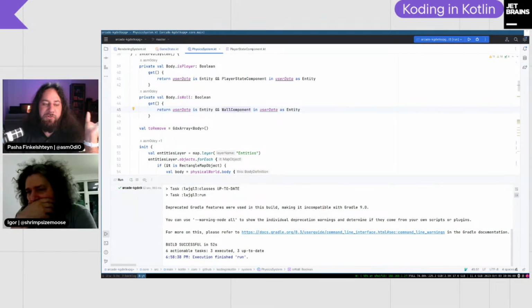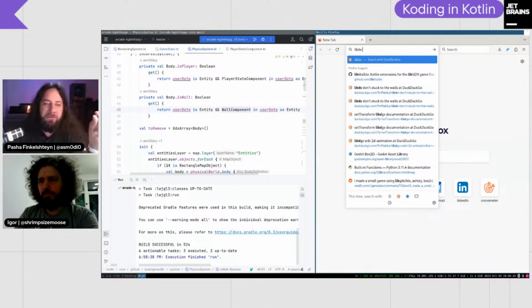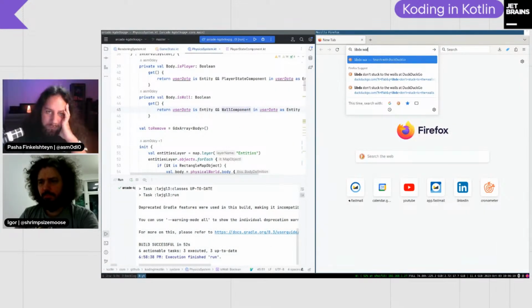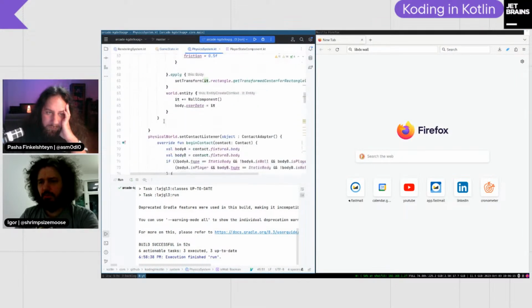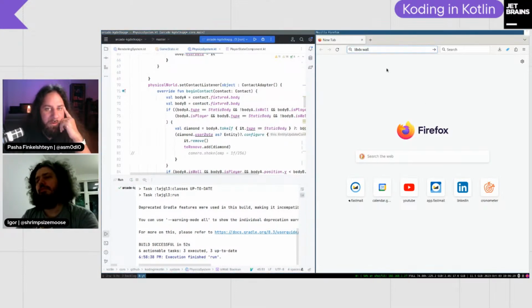So what I wanted to extract from the contact is a contact point. I am not sure, but it's not there, obviously. Could you Google libgdx coordinate of contact?